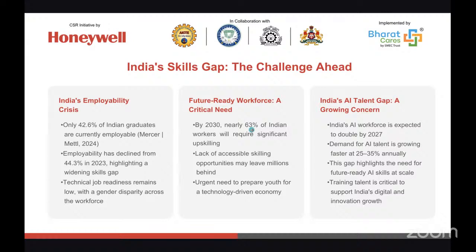So here's the real question for you all: if skill decides the opportunity, then who controls the future? The syllabus or the learning choices? What do you think about this? I'll repeat the question once again. If skills decide the opportunities, then who is going to control the future? The syllabus or the learning choice? Yes, I can have a look at the answers. That's the learning choice. And that's why you are here and this program is here, right?